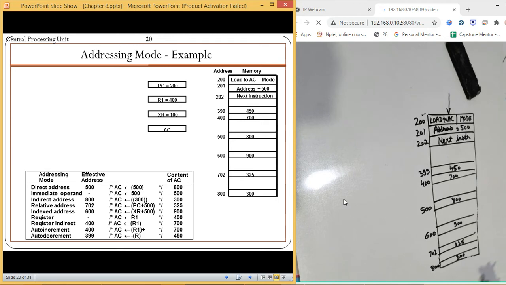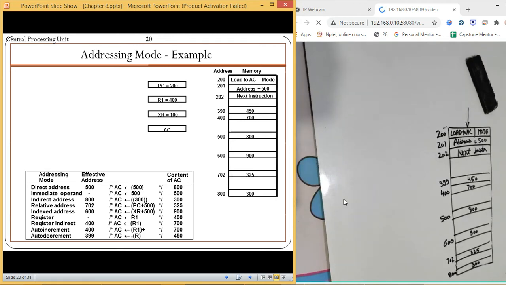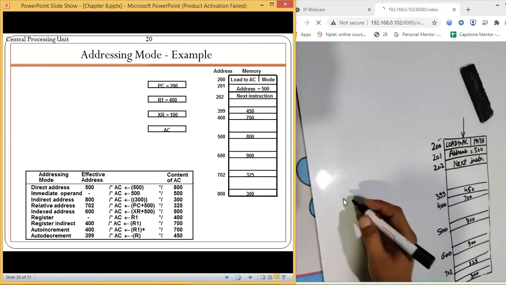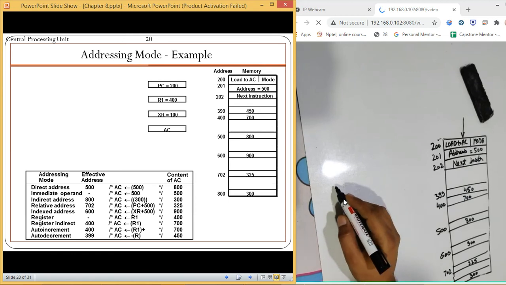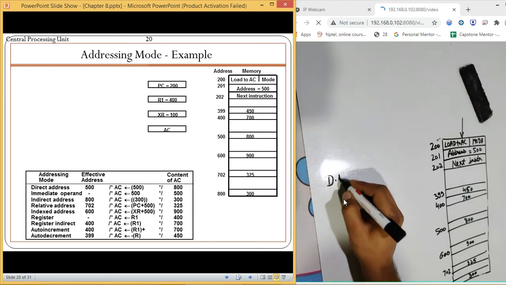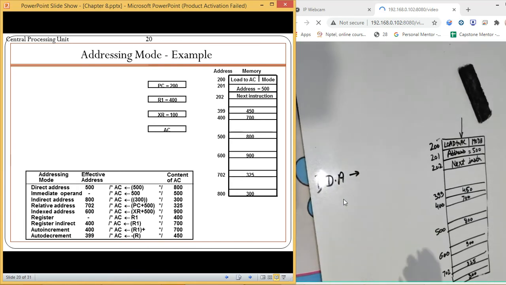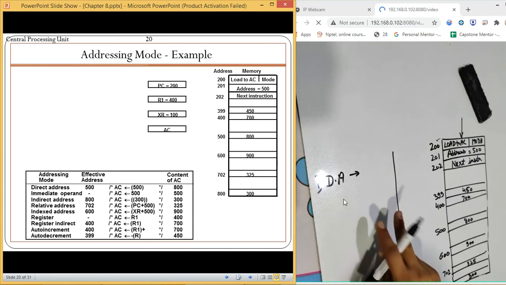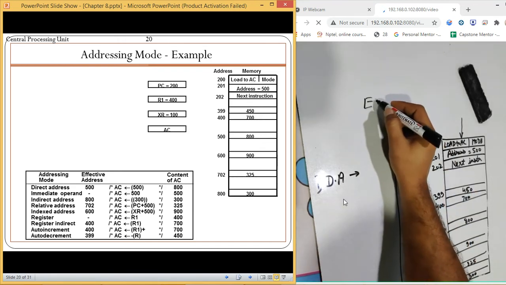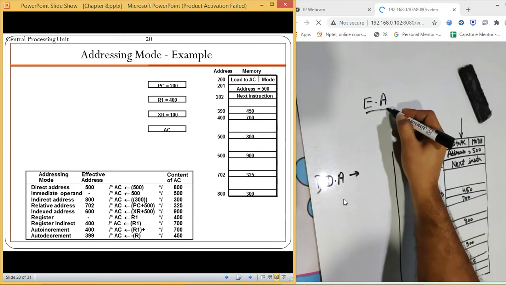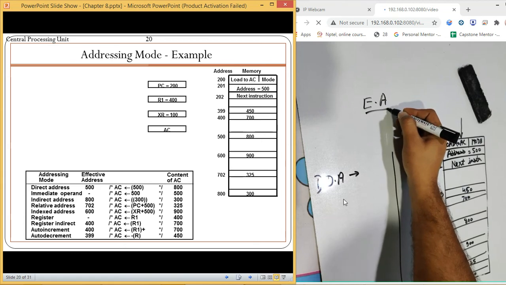Now let us move to the addressing modes one by one. So the first addressing mode which we have is direct address. In this example, we are going to find two values. First one is the effective address, that is where we are actually storing our content.